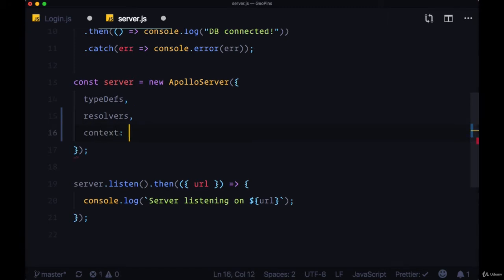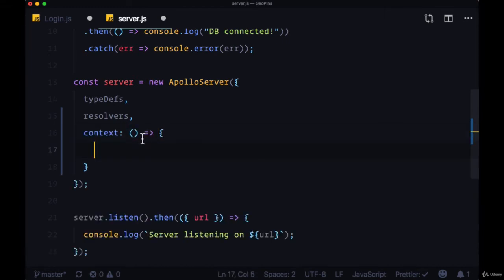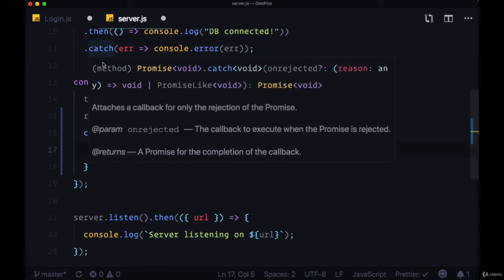Now, context can either be a function or an object. We're going to write it as a function, an arrow function, in order to grab the request that's being made from the parameters. We'll destructure request from the parameters of context, and now that allows us to get any headers